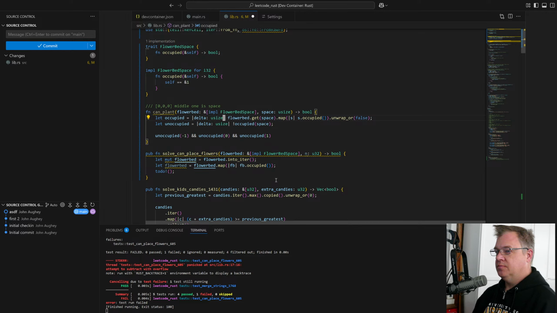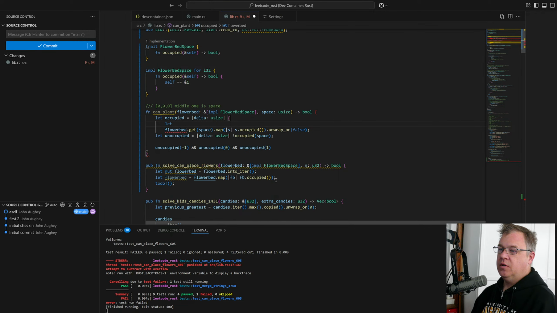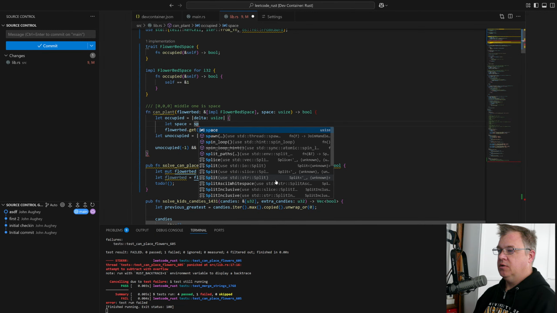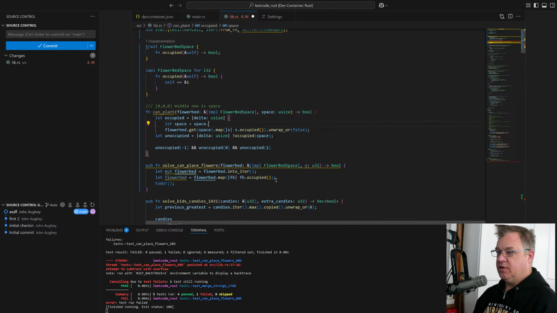So space, I don't want saturating, checked add. And this is going to be not a usize, but an isize.